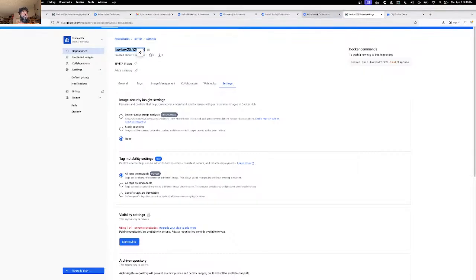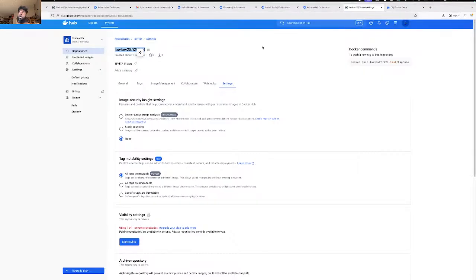So we pretend like that step we did with the Docker build, and let's just run another Docker tag. All right, let's do this Docker tag. Let's call it k8s live.